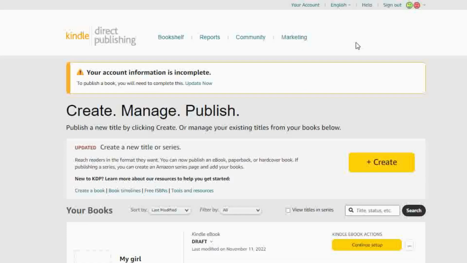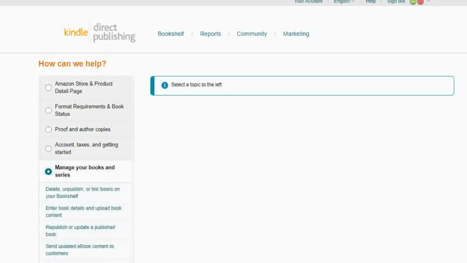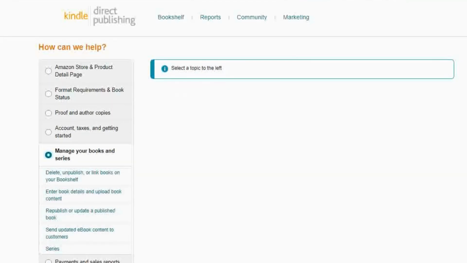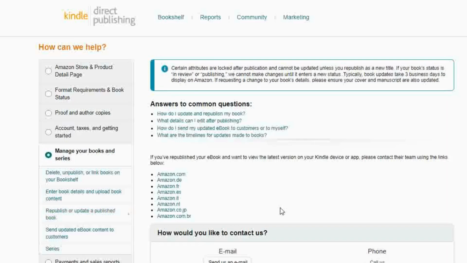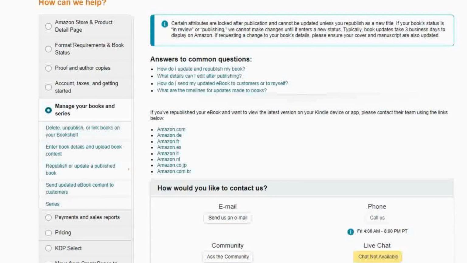If you need to contact Amazon, navigate to the bookshelf section. Scroll to the bottom to see the Contact Us button. Click it. Now choose a topic from the list on the left. It depends on the issue you're complaining about. If you made a mistake in your book title, click on Manage Book and click on Related Issues. If you publish a book and you want to update the published book, just click on this. And now it says send us an email, give us a call, or use the community. Click on send us an email.